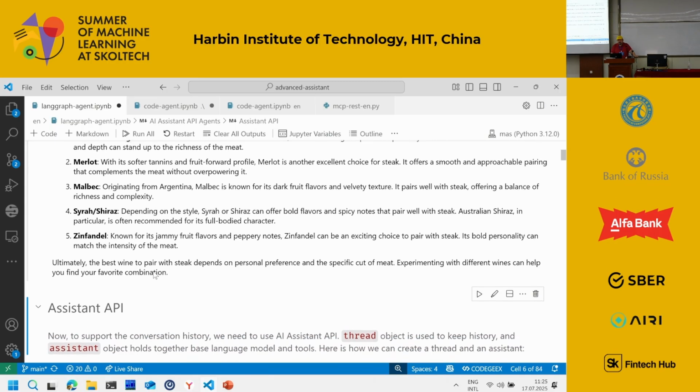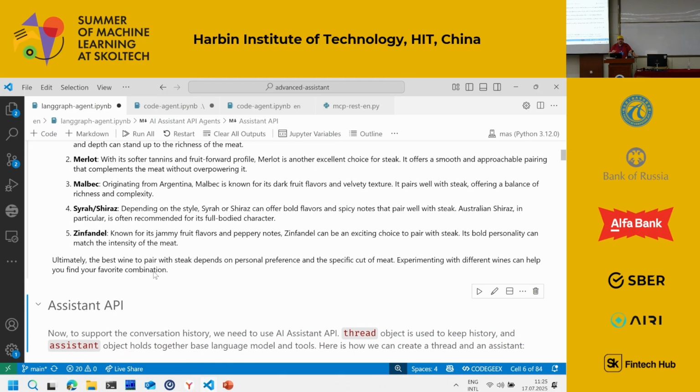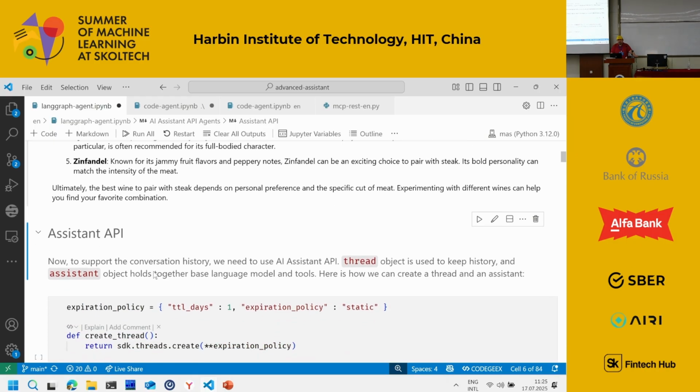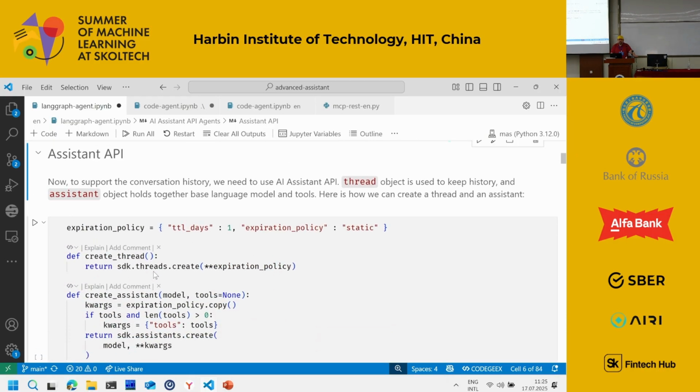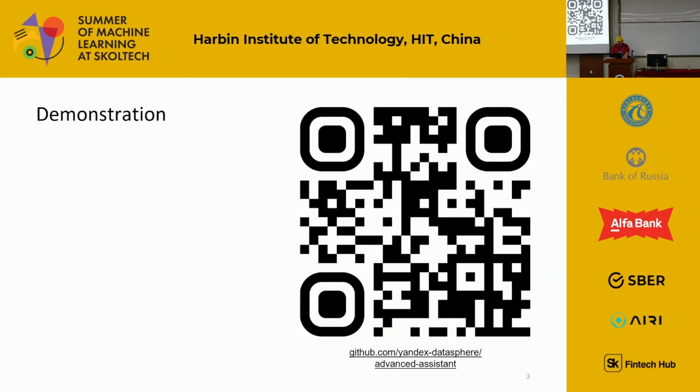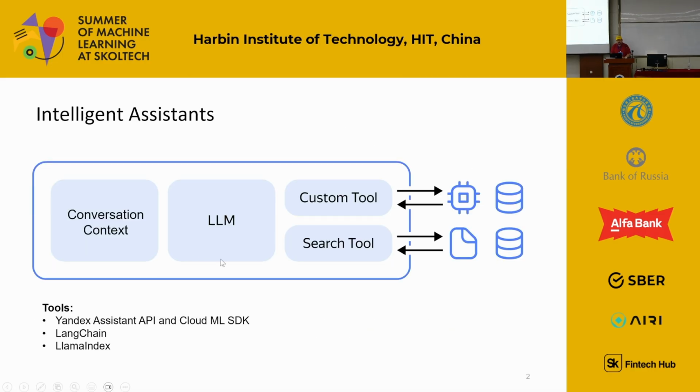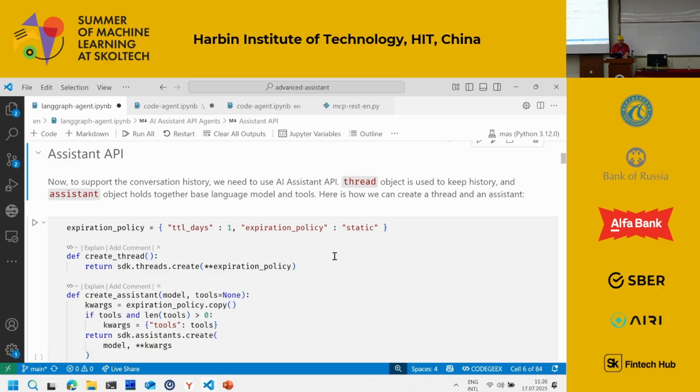As Piotr mentioned, if I want to create a chatbot, it needs to know the previous conversation, right? It needs to keep the history of the conversation. Keeping history of the conversation is handled by this Assistant API. As I have shown in my very beautiful slide here, an assistant is an LLM plus memory, which holds conversation context, plus some custom tools or search tools.